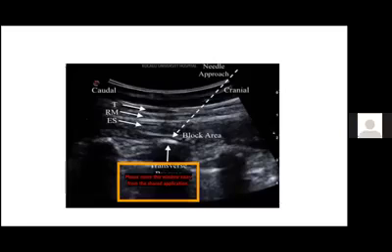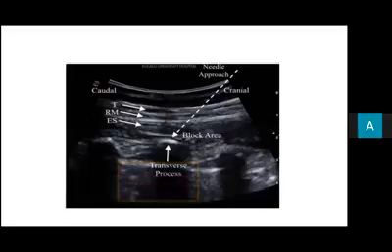Okay. So local anesthetic is deposited just deeper to the erector spinae muscle, basically between the erector spinae muscle and the transverse process. And we can then see the spread at